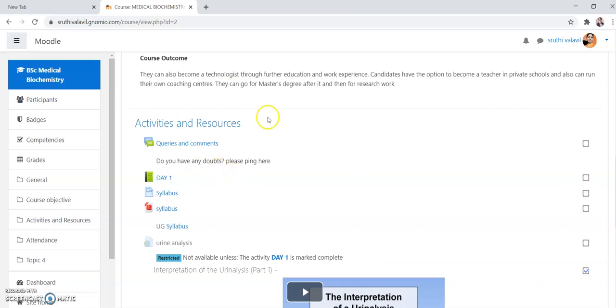All such things you can see in your course page. In that you can see here a day 1, right? Here I named this folder as day 1. That is my first day of class, that is day 1. You can click here.